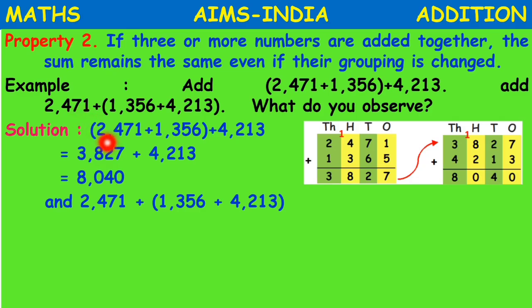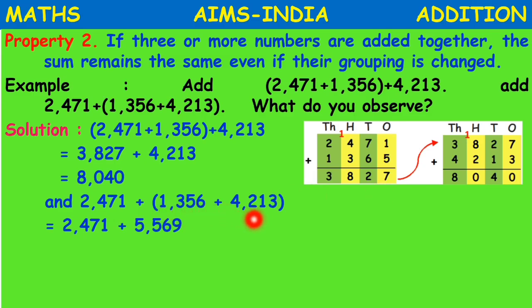See, previously 2000 and 1000 were in the same group, but now 2000 has become single, and 1000 and 4000 together form a group here. Yes, the groups are changed. Now when we add these two, again